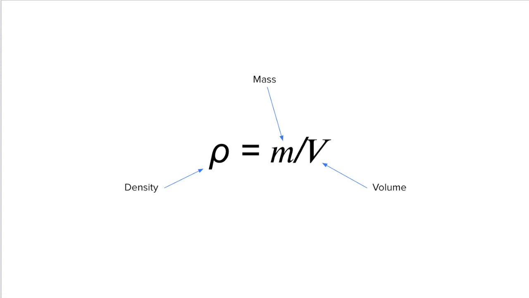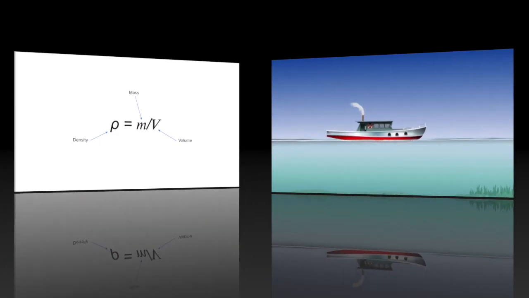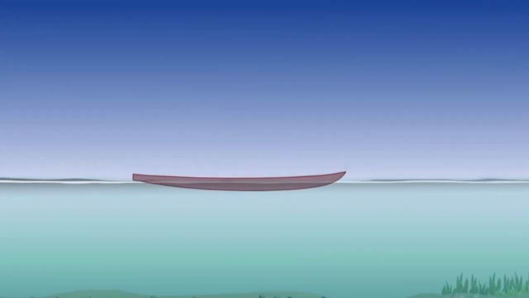In physics, density is defined as the total mass of that substance divided by the total volume occupied by that substance. The equation to calculate density would be the mass in kilograms divided by the volume of the object in meters cubed, making the units kilograms per meters cubed, which is represented by the Greek letter rho. Compared to the density of water, if an object had a greater density, then it would sink underneath the water, while if an object had a smaller density, it would rest above. Because of our foam insulation boat having a smaller magnitude of density than the water it was resting in, it